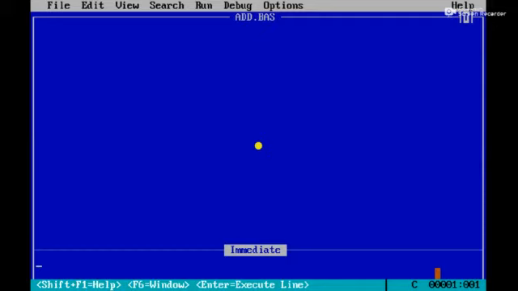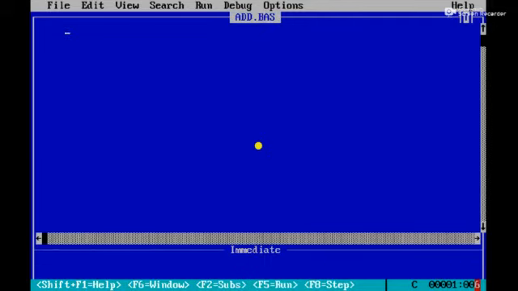So what is the meaning of this? This is the current column and this is the current row. When we move the cursor on the screen, see here, I am going to move the cursor by using the right arrow. The current column value is changed. After I move the cursor down, what happened? The current row value is changed.